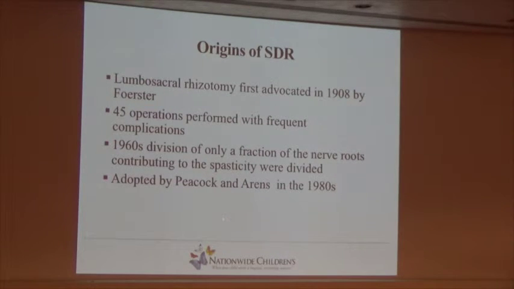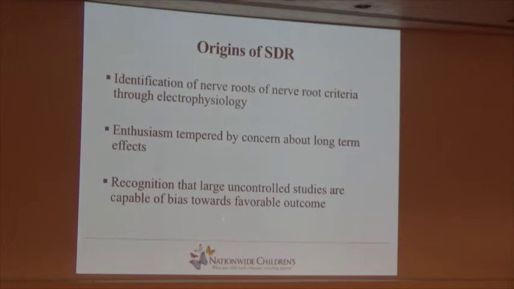In the 1960s, they began recognizing that the division of only a fraction of the nerve roots contributed to spasticity. And they began just dividing a fraction of the nerve roots. This began being adopted by TS as well as Peacock in the 1980s. And they began identifying the nerve roots criteria through electrophysiology. Though the enthusiasm was tempered by concern about long-term effects, recognitions that large uncontrolled studies are capable of bias towards